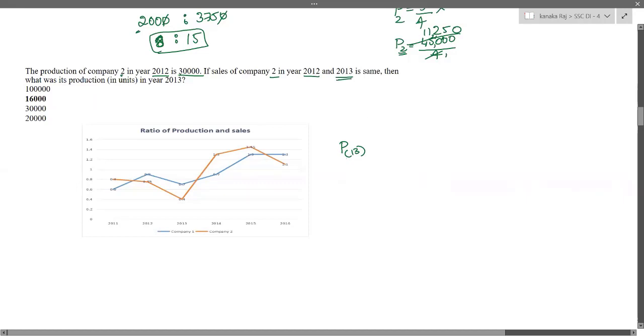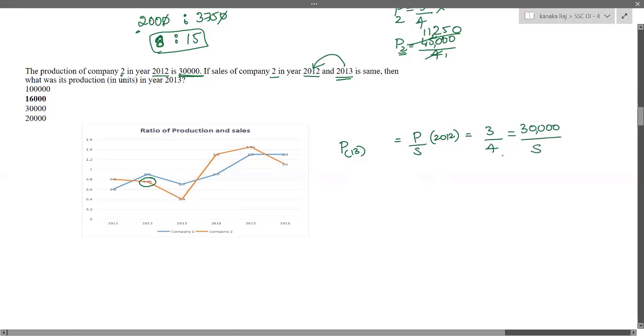So now, how do we find the sales in 2013? We know that sales in 2013 is equal to sales in 2012. Now they have given the data, that is production in 2012 for company 2. Now, I'll take the ratio for production to sales for the year 2012. What is the ratio? From the graph I can get the ratio as 0.75. I've already told you 0.75 can also be written as 3 by 4. That is equal to production to sales. What is production? 30,000